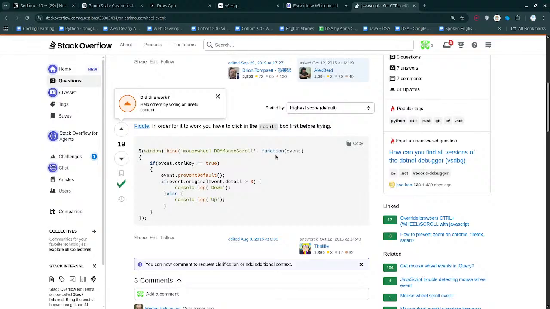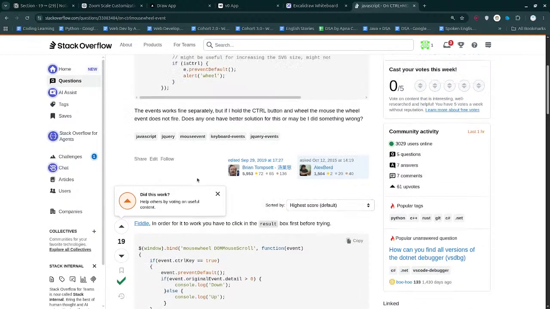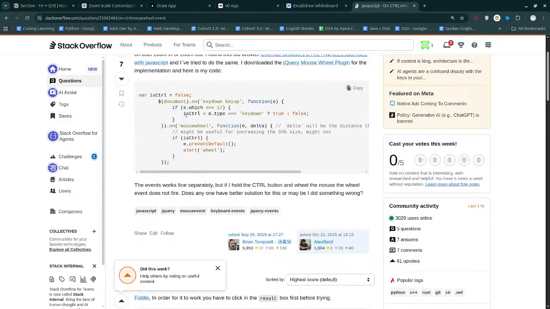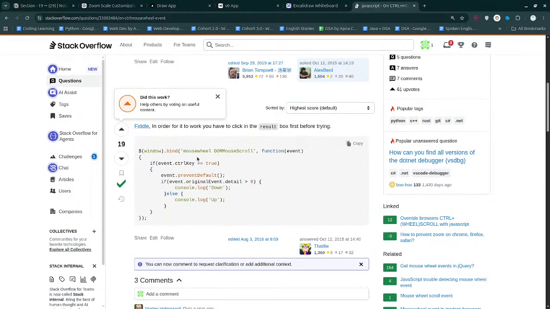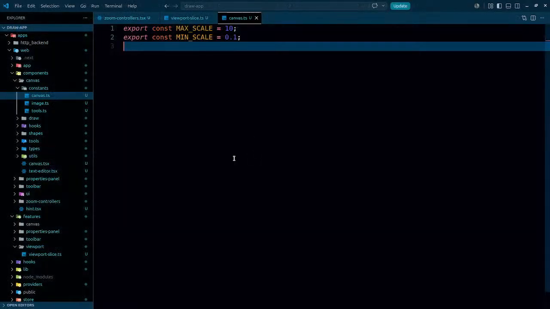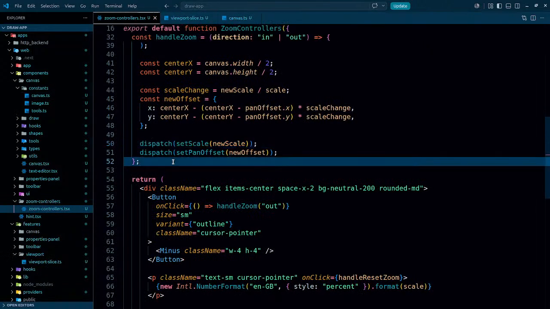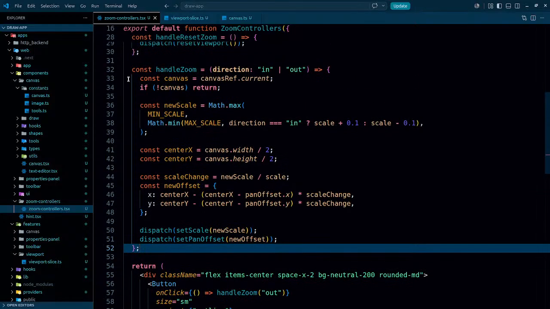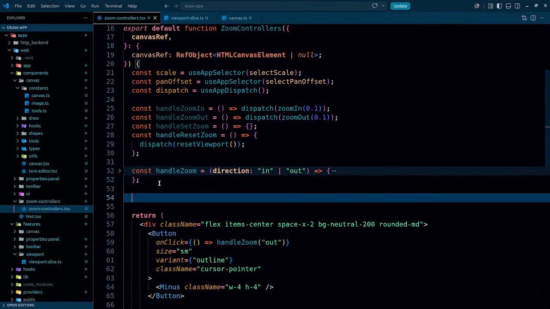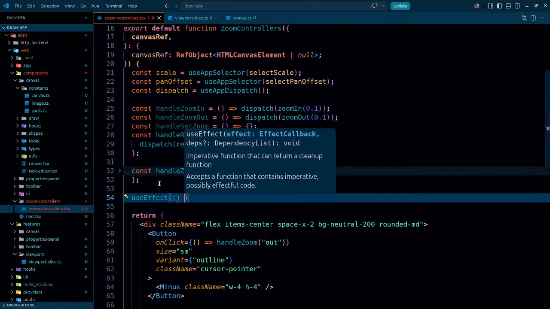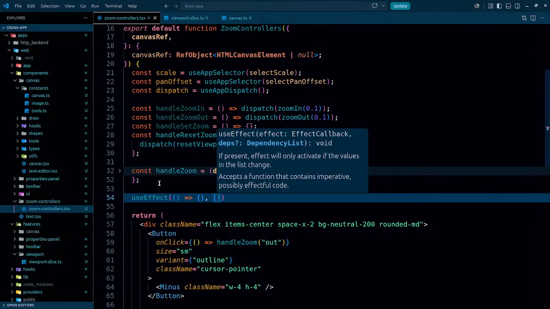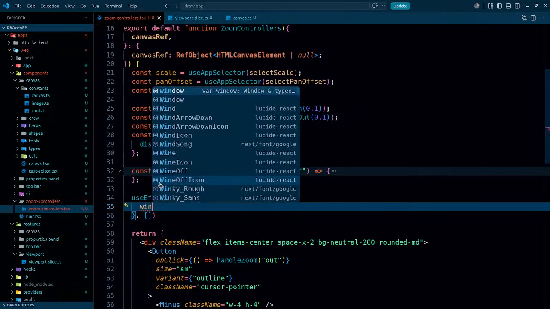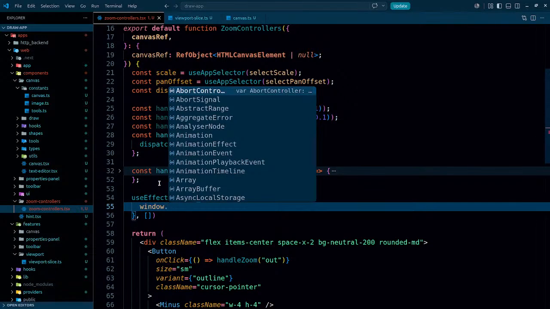event.ctrlKey. So there is something called control key that we have to keep in mind. So if we click control, the value of the control key is true, right? So let's do that. Whenever we click it, right? In that case, it should be on window. So what I want here is that I will have a useEffect just right here, and it will run only once, and window dot